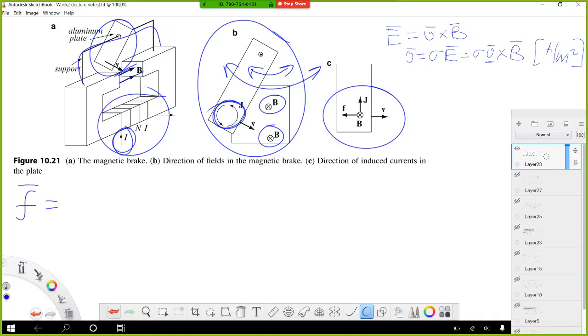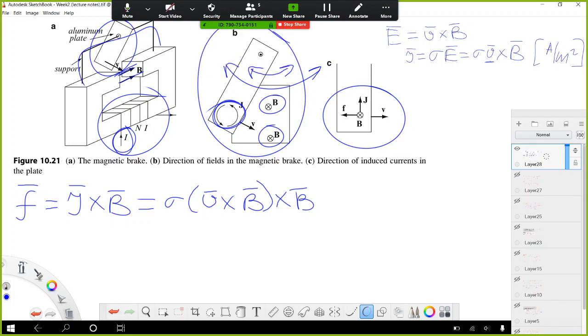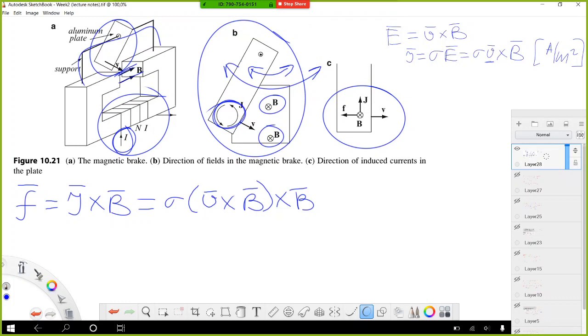Okay, force is equal to J cross B, where J was sigma V cross B, cross B. And if all vectors are mutually orthogonal, as in the case of our example, the total force, this is force in newtons per meter squared, and the total force F will be